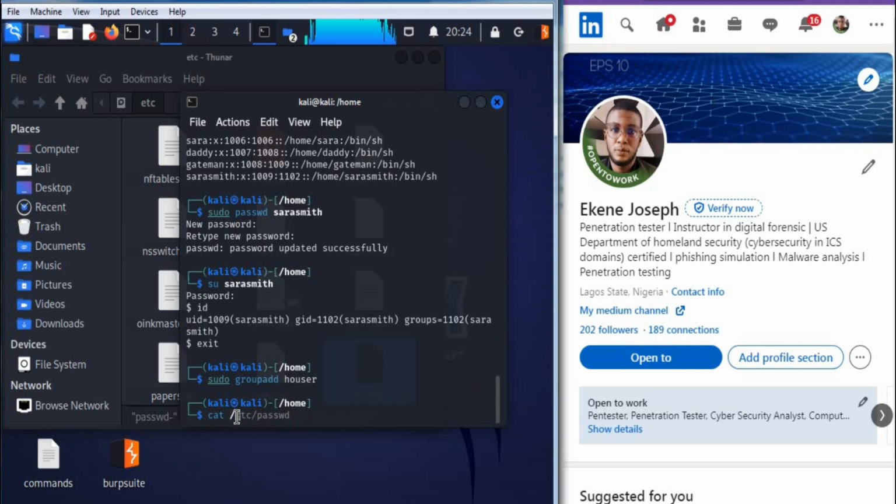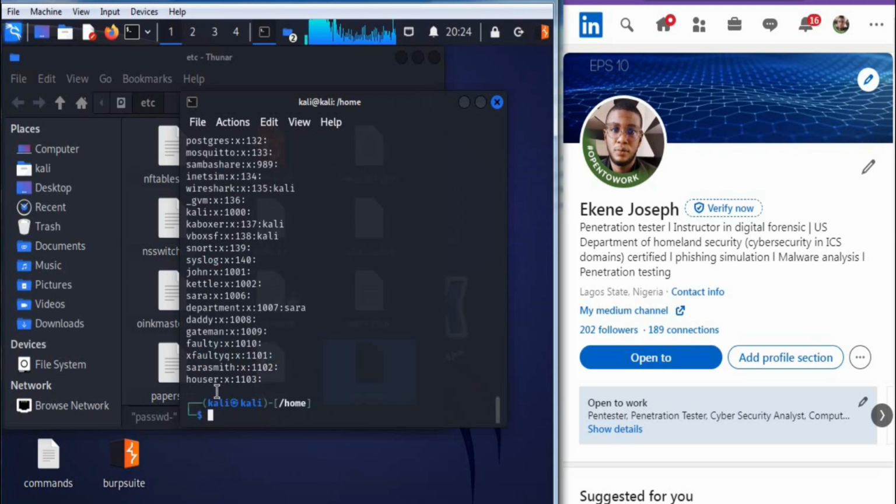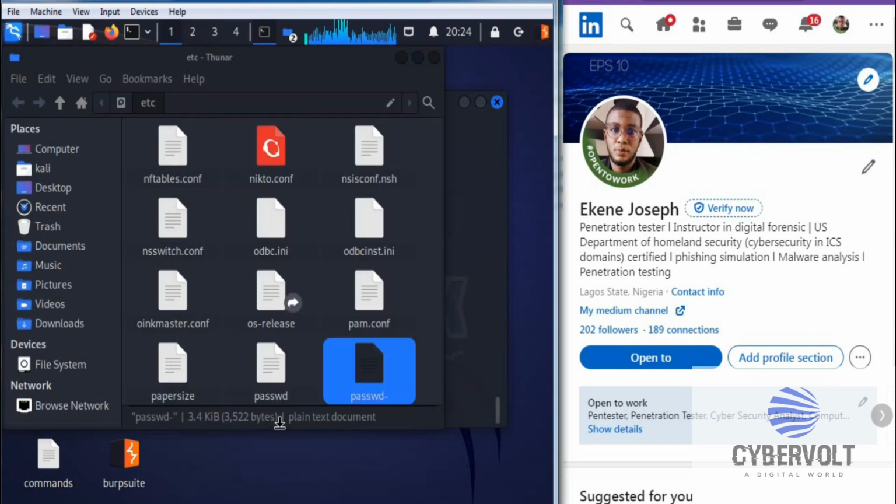It's actually a command for you to view all groups that have been created on this particular server. /etc/group. As you can see, the group that we just created, and you can see the group ID, and that's it. So we'll be actually adding the user that we created, Sarah Smith, to this particular Hausa group. So